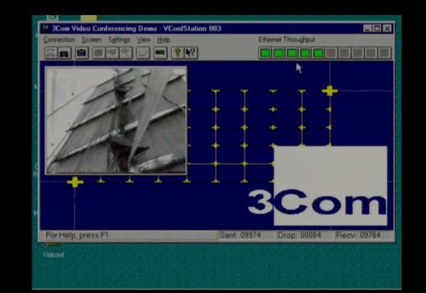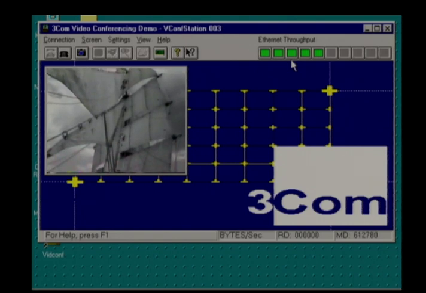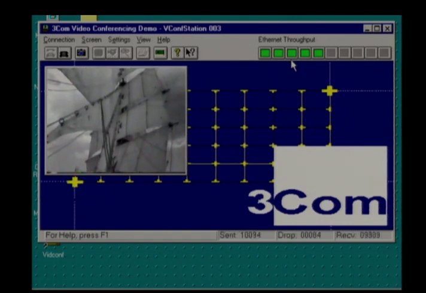Now we're going to do a live hardware demonstration. All the animation is very nice, but it's good to see things actually working over real hardware. What we're going to do is set up a live video feed across the network. We're going to load this network with data traffic so you can see the effects of running a network as a regular Ethernet as opposed to a PACE network. When you look at the screen, you can see some buttons across the top. Each of these buttons represents 1 megabit of network throughput as seen by this particular system.